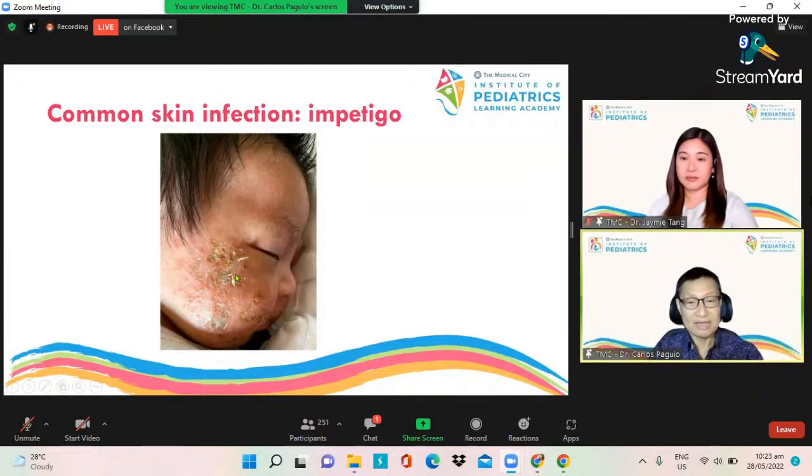Number 3, it will hide again, special areas. Marunong tumago sa ilong, sa likod ng tenga, sa kilikili, sa singit, sa puwetan. Magtatago po siya talaga. Dapat nating huntingin siya ron at patayin po natin siya. Kung hindi, meron tayong tinatawag na paulit-ulit na Staph aureus infection. Okay, so these are just the things. When you see this, you have to bring the child to your pedia, to your health worker, because kailangan pong gamutin to, kailangan pong lagyan ng antibiotic, whether oral or topical or kahit na cream, ha?